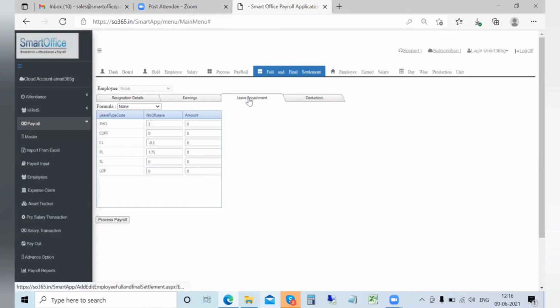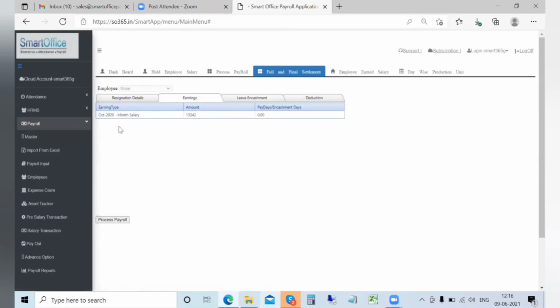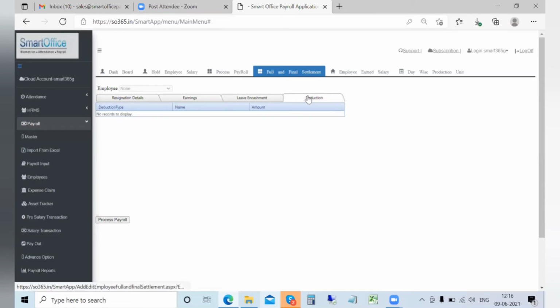And in case you want to process any leave encashment, that can be given here. If you want to process any additional earning in terms of a bonus or leave, or any other gratuity or something, that can be processed separately also, which will be visible here within the same month or as a separate option. Deductions can also be defined in terms of additional deductions, or if you have any advance left out, then that will automatically get captured here. You don't have to process it separately. So FNF will take care of any shortfall, or it will take care of any advance that is pending. The rest of the things you can define or process in the specific modules.